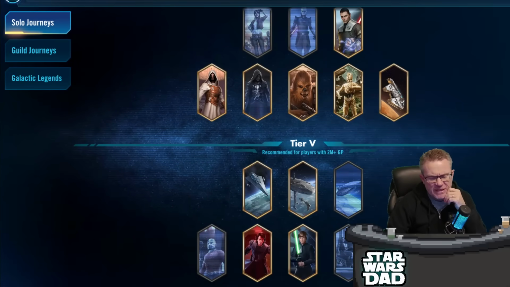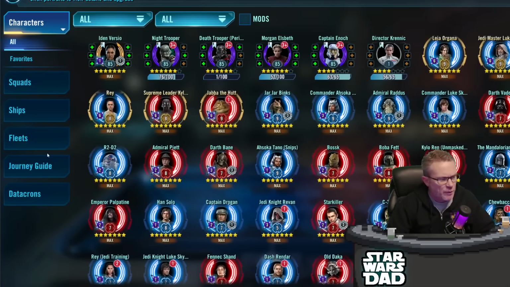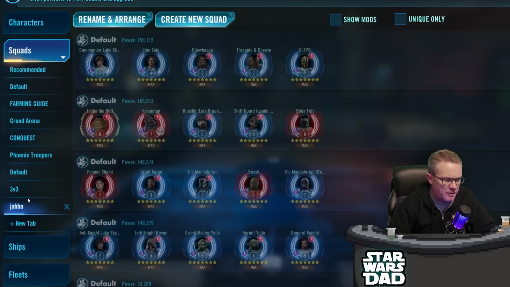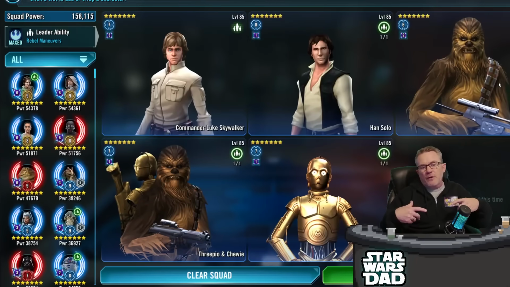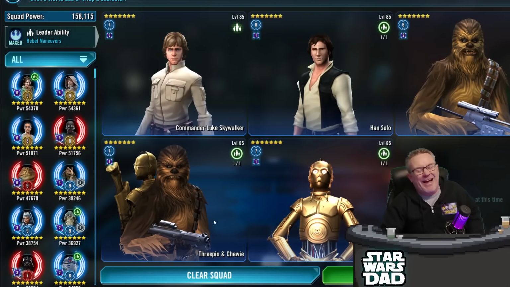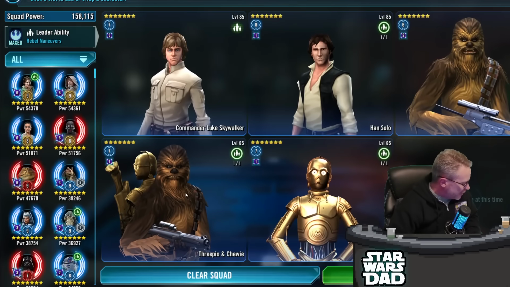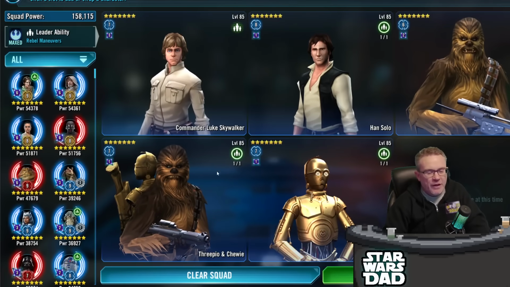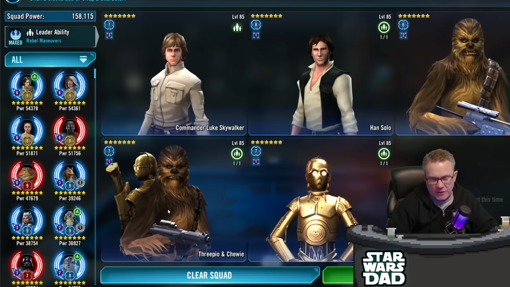Now let's take a look at some teams that'll actually work with Jabba here. I've got some squads saved. I didn't do this last time, but we're going to start doing this each time. Where are my squads? Thank you, Jabba. All right. We've got CLS, of course. Now, the only characters you're going to require are 4 out of 5 of these. 3PO and Chewie is actually not required to unlock Jedi Knight Luke or to get Jabba, but